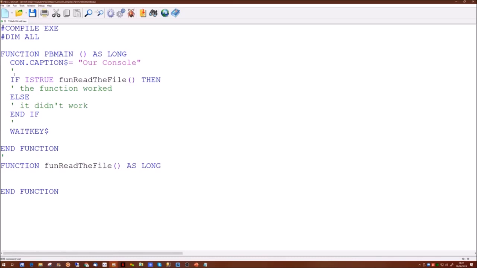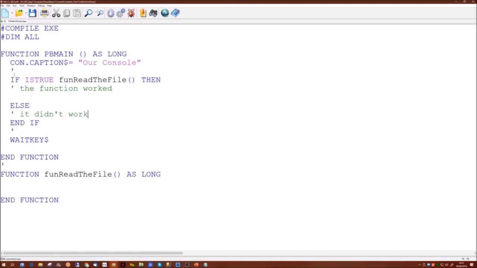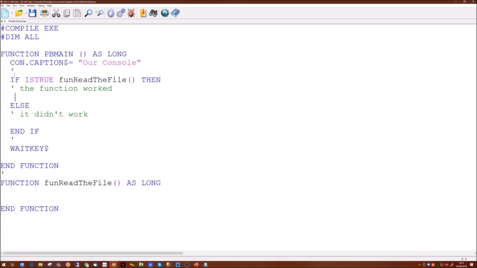So if it returns true, then we will run this piece of code here where we're saying the function worked. If it didn't, we'll run this piece of code here. Now we can put a message out to the console just on the off chance that somebody's actually monitoring this to see what is actually going to come out.